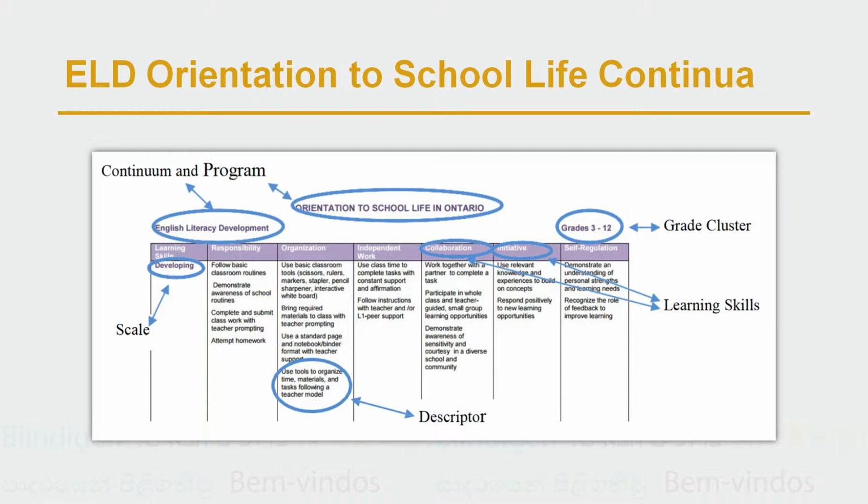In order to promote growth and success in these areas, students are tracked and monitored on a continua called Orientation to School Life. The key components of this continua are learning skills. These are identified horizontally across the top and are the same as those used on the Ontario Provincial Report Card. Descriptors describe behaviors that can be observed in a variety of settings. Not all are stranded across all 4 levels. Scale. The scale runs vertically down the far left column and is divided into 4 levels: developing, building, consolidating, and sustaining.